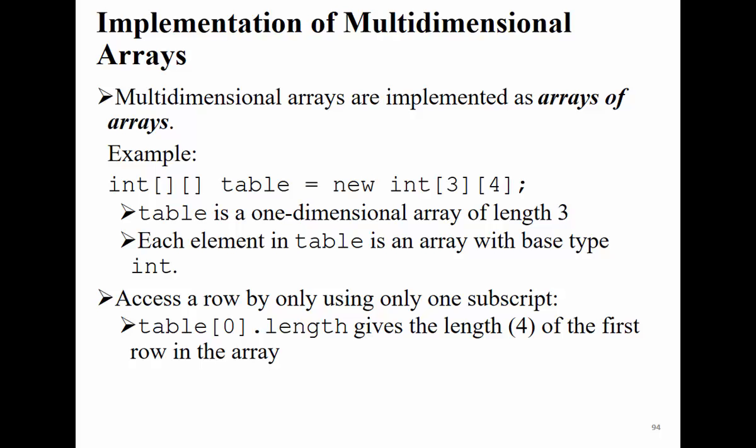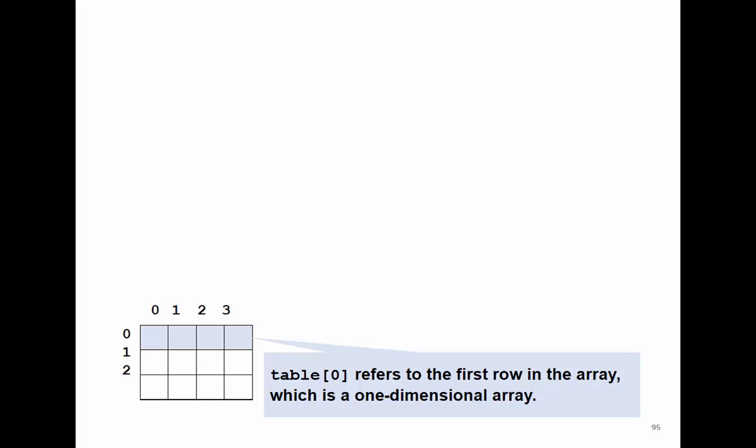Look here, we have a table, and we have 3 rows and 4 columns. So this is a one-dimension array of 3. You can think about it as one dimension of array, 3, and each element in that is another array of dimension 4. That is back to your question. I can have an array where an element is another array. This is the same thing. So you can think here we have 3 elements, and inside each element is another array. So we have element 0, table 0, and the length of that element is 4.